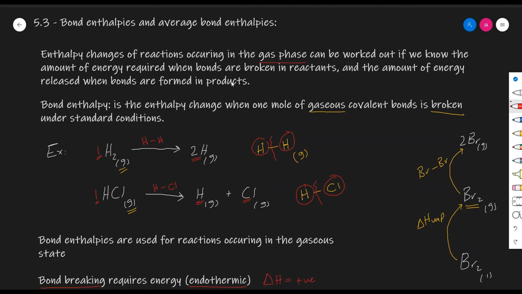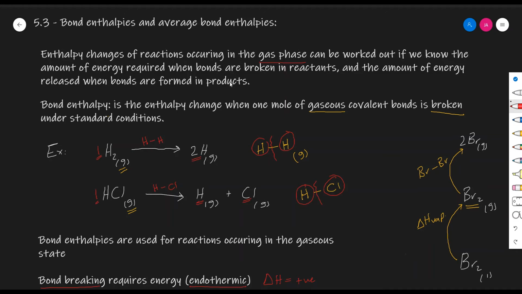I will discuss this in videos to come, but the cycle that you will use will involve initially breaking all the bonds in the molecules in the reactants, which would be in the gaseous phase because you're using bond enthalpies, breaking these bonds to form gaseous atoms, which is an endothermic process, and then these gaseous atoms would combine in a different way to form the products,